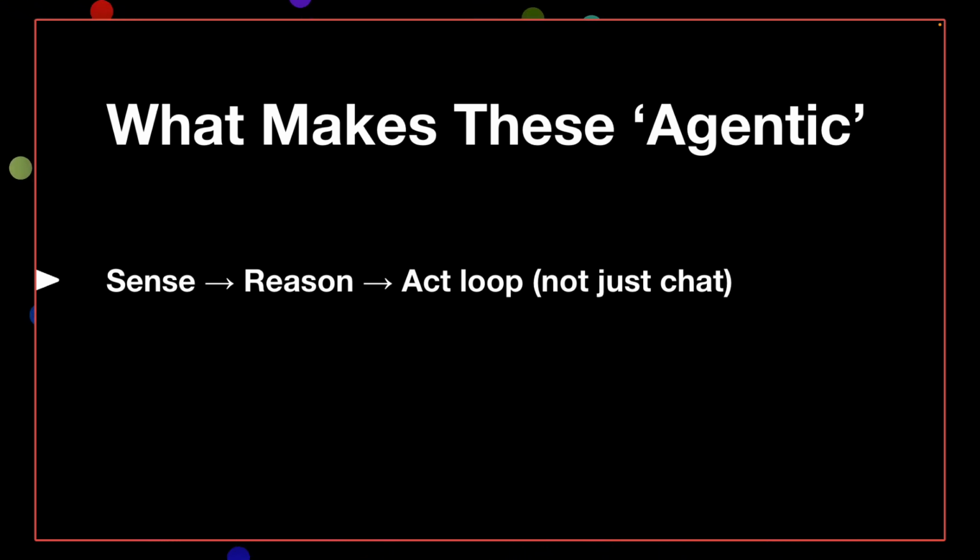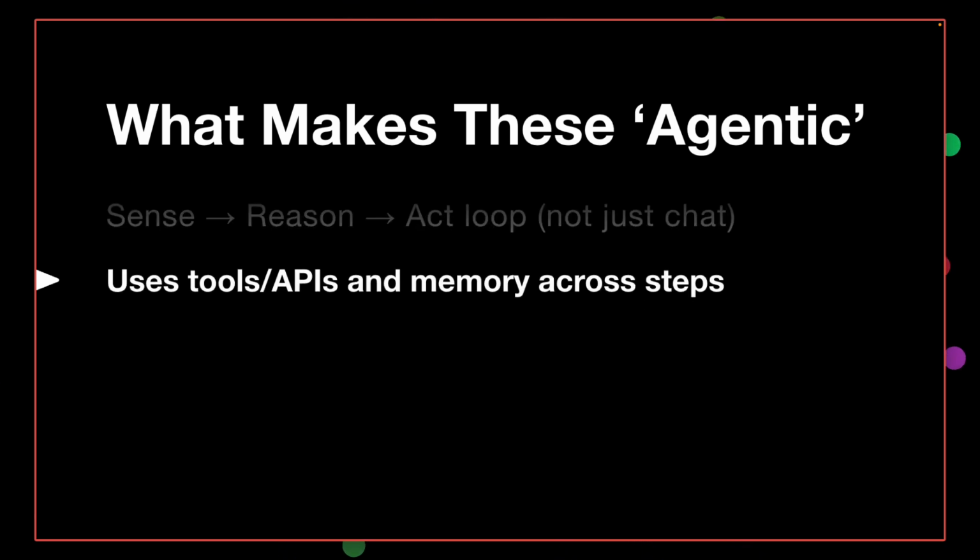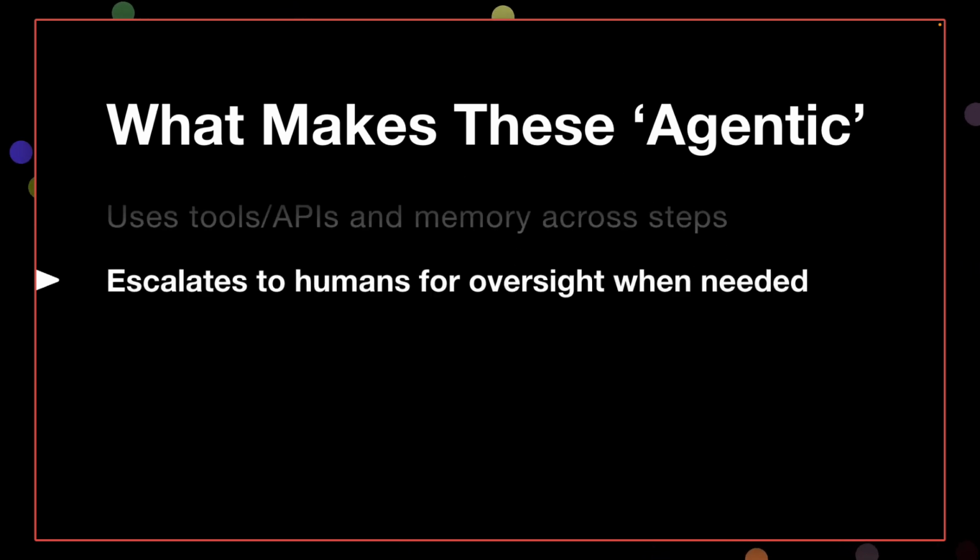These agents don't just chat. They use tools, access data, remember the context, and even act automatically so that they can complete the workflow. And they also know when to escalate to humans for oversight,